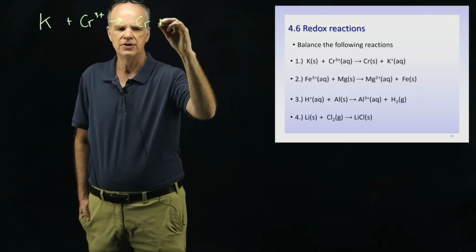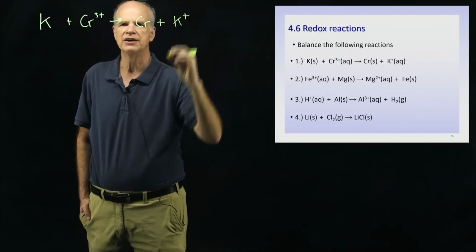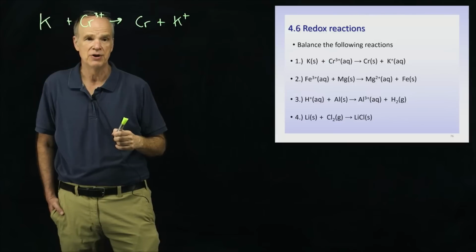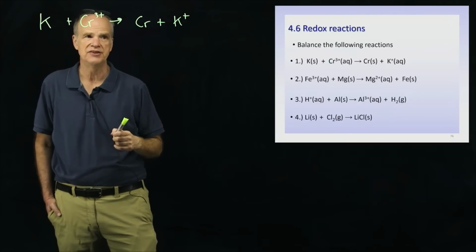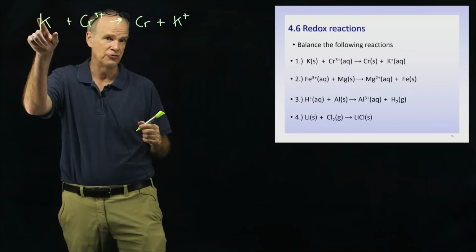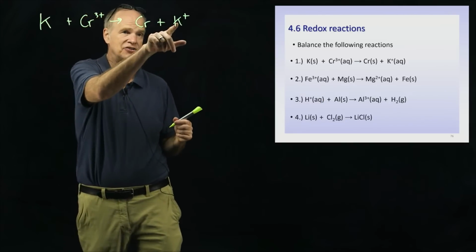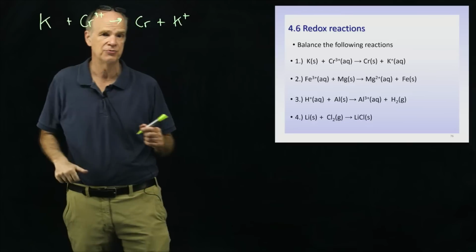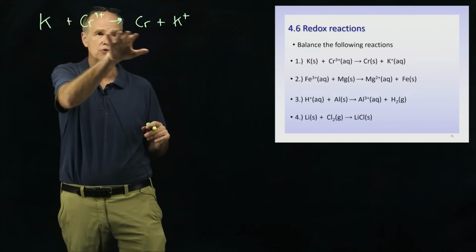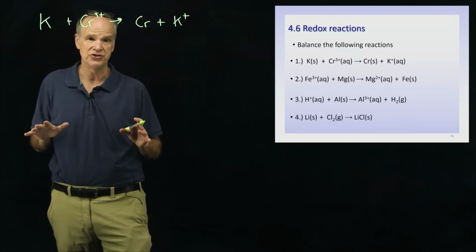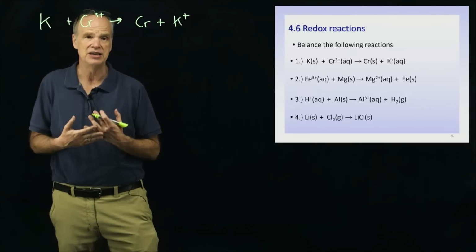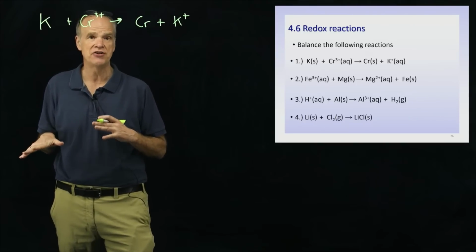chromium plus potassium ion. Okay, so the first thing you may want to do is identify whether this is a redox reaction. And I think you might be able to see immediately that it is, and that the oxidation number for potassium would be 0, and the oxidation number for potassium ion is +1. So potassium's oxidation number is changing. Same thing with chromium, its oxidation number is changing. Therefore, this is a redox reaction,